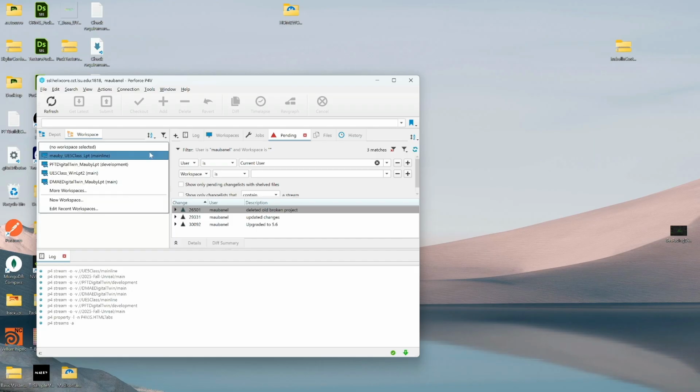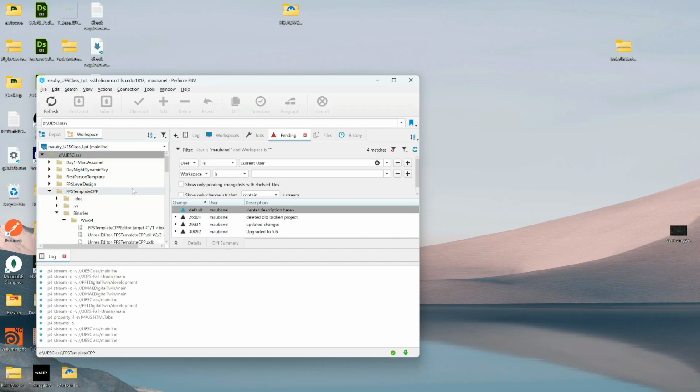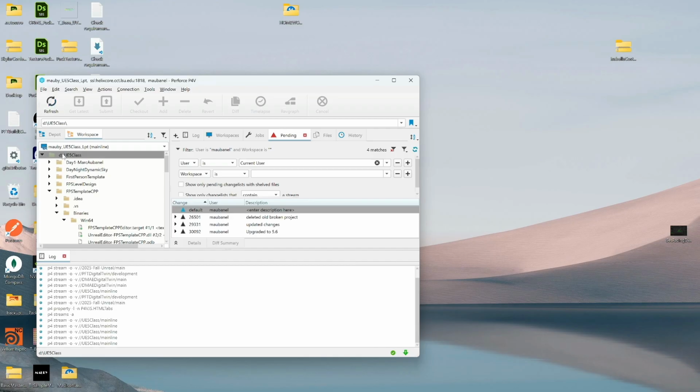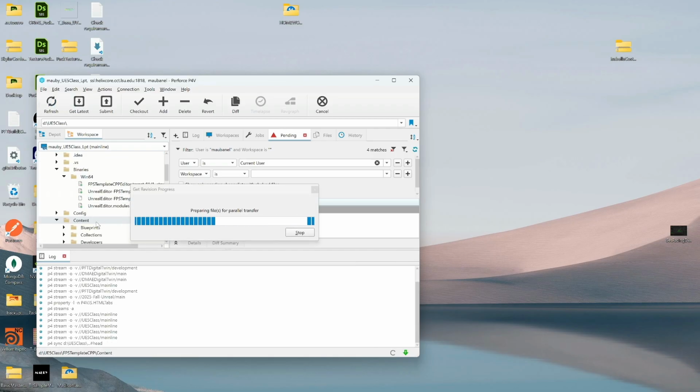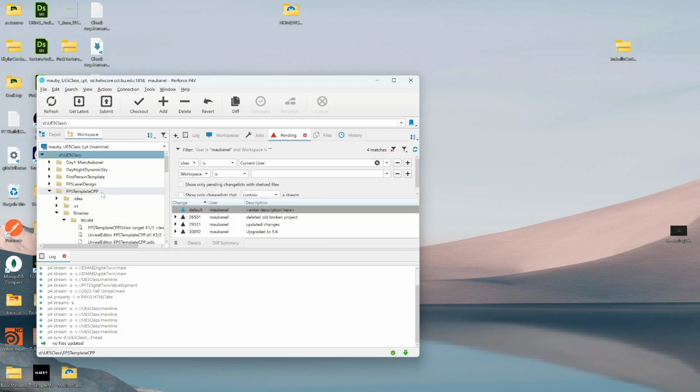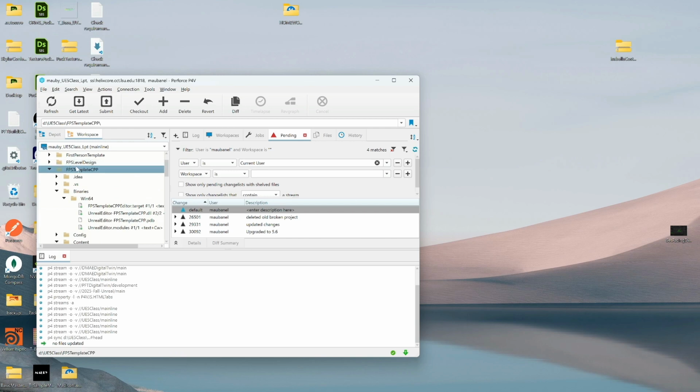So I'm going to grab our workspace. I'm going to go here. I'm going to grab the workspace I've been working on. And I'm going to refresh, and I'm always going to get latest. That's what I do. And it's got some stuff to update. That's fine. So I'm going to go to my project, which is called FPS Template CPP, and I want to